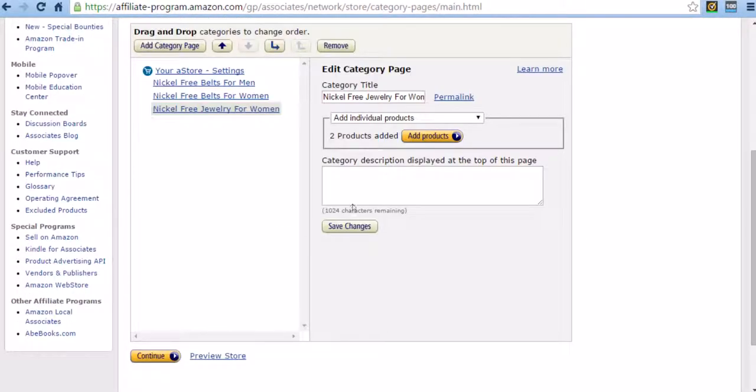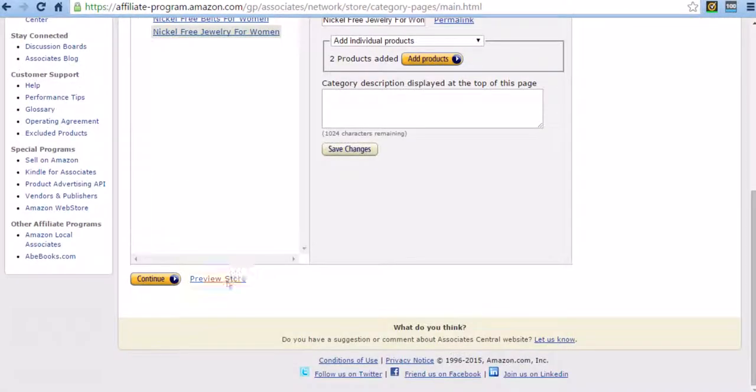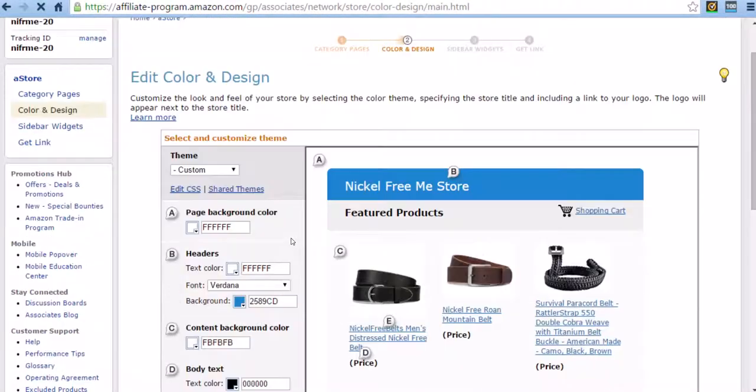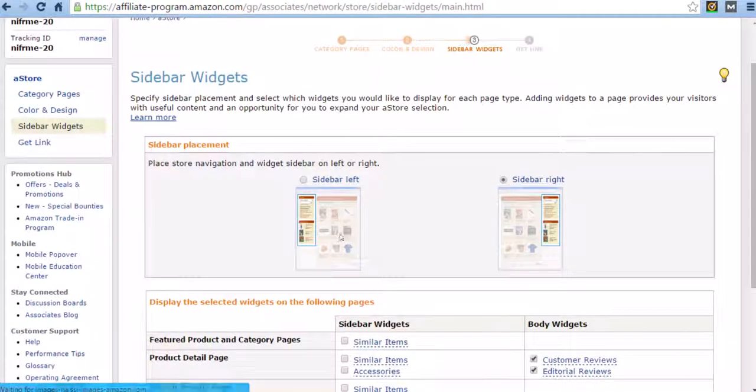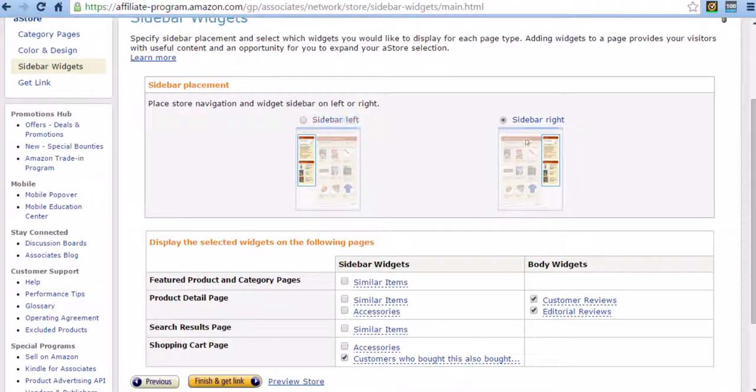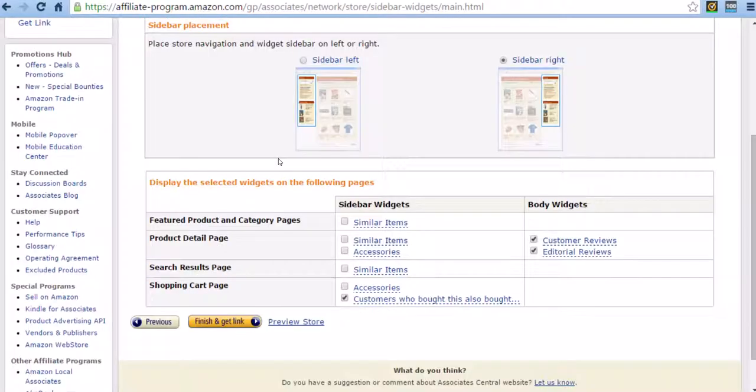And then when you want to get the code, you'll get the code by coming through here, continue, and then you pick where you want it to be, what you want it to look like. So it's going to be the main store, and then the sidebar is going to be on the right or left, whichever one you want. You can relate similar items, stuff like that, but since mine's really specific to nickel free, I'm not going to do any of that. So I'm just going to hit finish and get link,